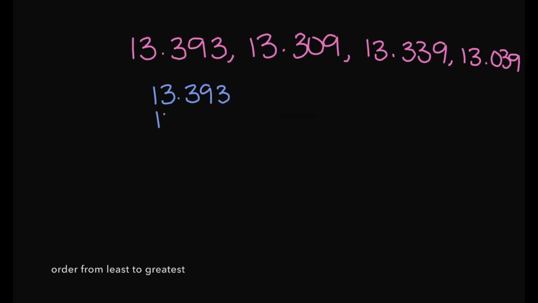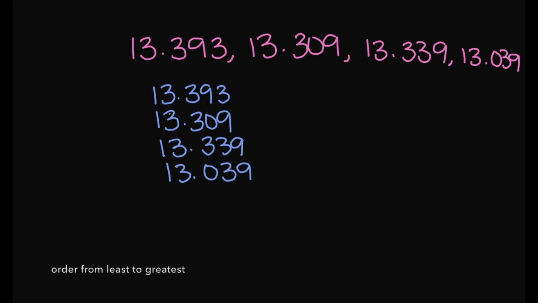Let's look at this example here. I'm going to line up our decimals. Notice we have our 1's and our 3's. That's good. Then we have 3, 3, 3 again, and 0. So far we know this is the smallest number because I have 0. Now, if I bring my attention here, we have our 3's, then we have a 9, 0, and 3. This is the smallest number here, so